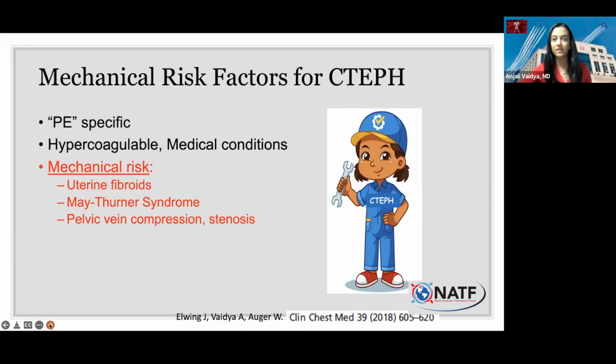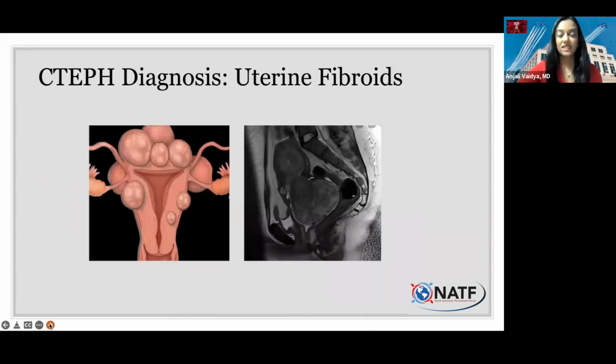And so I'll show you some examples of what I mean. This is uterine fibroids, which might sound completely unrelated to blood clots in the lungs, but these are just examples of, this is our cartoon of a uterus that has these benign tumors called fibroids. And on the other side of the screen is a more advanced imaging picture, and you can see these big kind of globs in the uterus. And you might imagine if they're so big, they can put pressure on the structures around that.